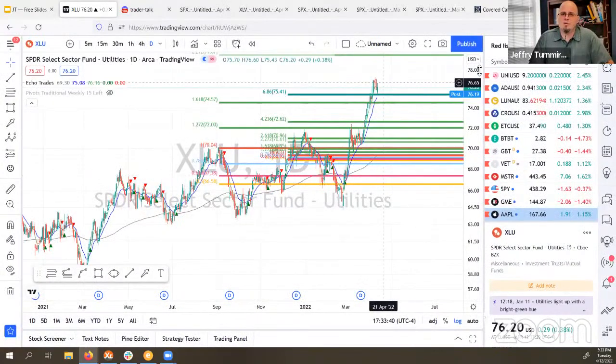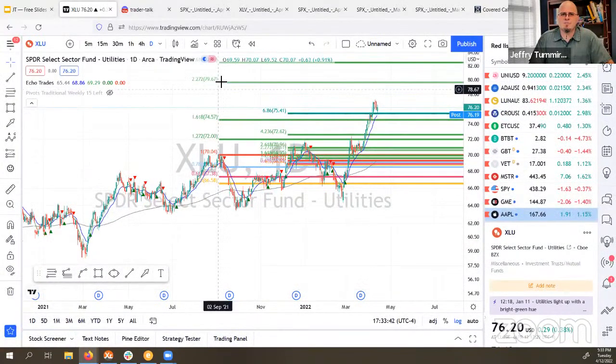Yeah, so popping up through, looks like the next resistance up is going to be right at the $80 area, $79.70, $79.60, $79, $80 area on XLU. Looks like that next resistance. It is kind of arced back, so expect it to kind of do that move right there. Bounce from that 75 area up to almost 80.